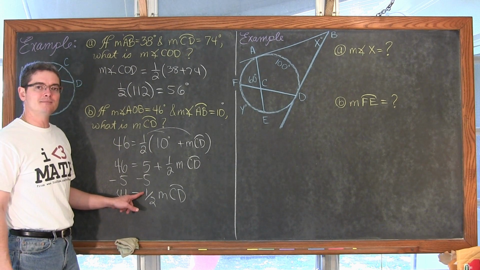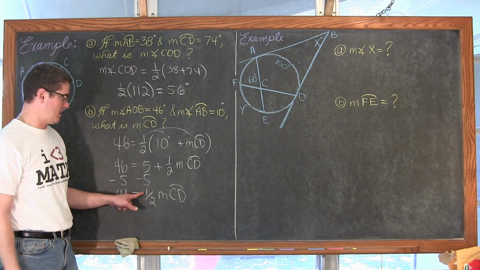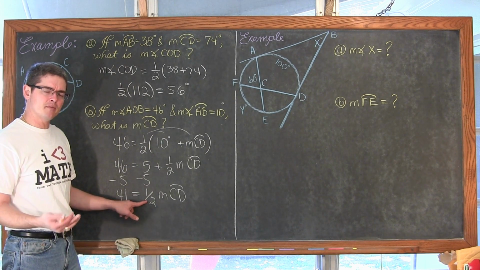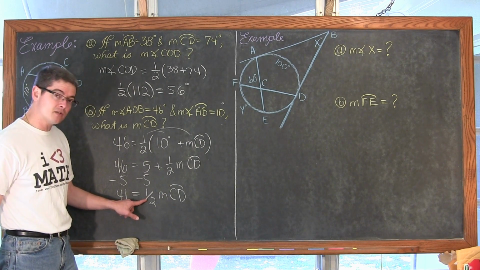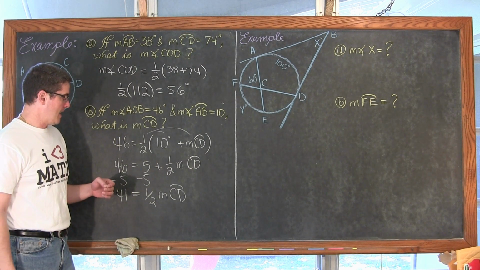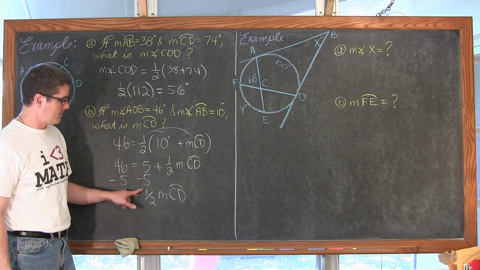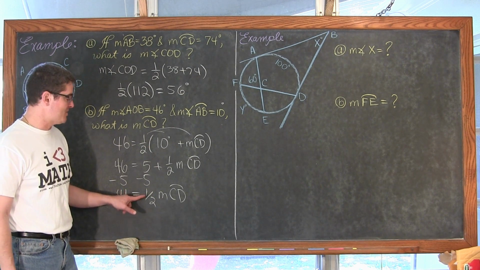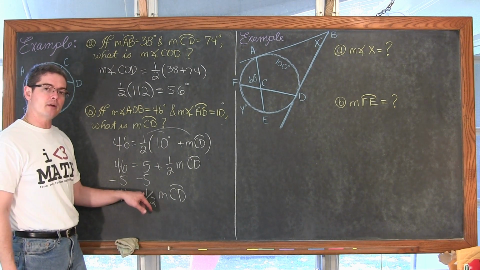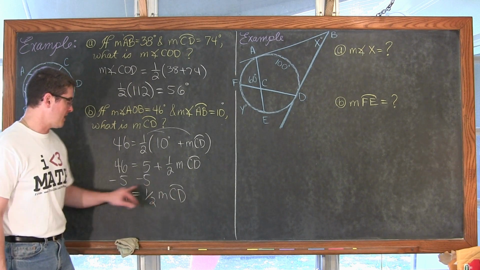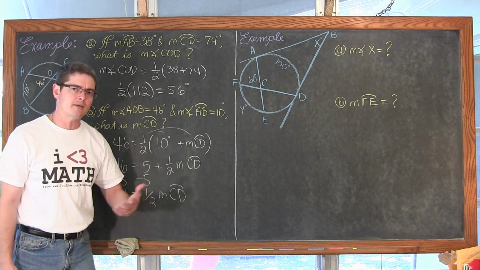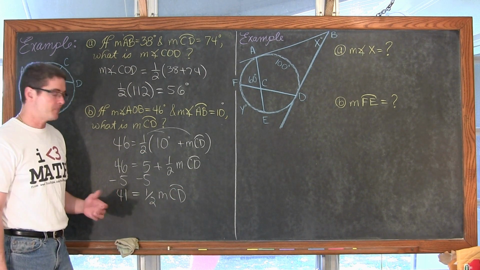Now, with the numerator being 1, either way is going to seem like an equal number of steps, but if you have fractions and you have trouble with them, you can get rid of them in 2 steps. You can undo that division by 2 by multiplying by 2, which is what it's going to seem like I'm doing. But if this numerator was something other than 1, and I just multiplied both sides by the denominator, which I could, I would still have to get rid of that numerator. Like if this were 3 over 2, and I multiplied both sides by 2, I would have 82 is equal to 3 times the measure of CD, and I'd have to then divide both sides by 3.